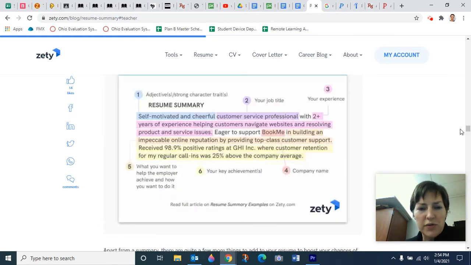Here's a little color-coded version. Start with an adjective that describes you, then give your job title, then give your experience, then give the company name and what you want to do with that company, and then some kind of achievement, something that shows that you got the stuff. Okay, self-motivated and cheerful customer servant professional with 2+ years of experience helping customers navigate websites